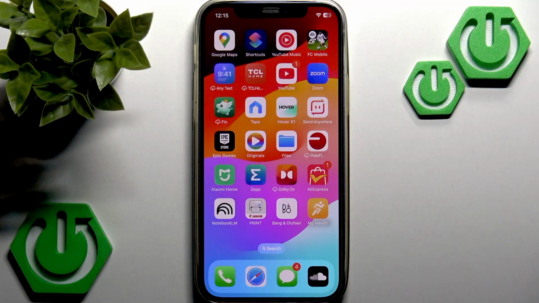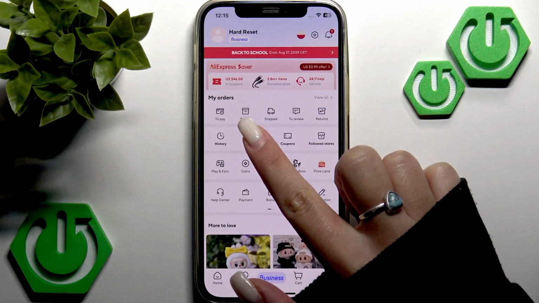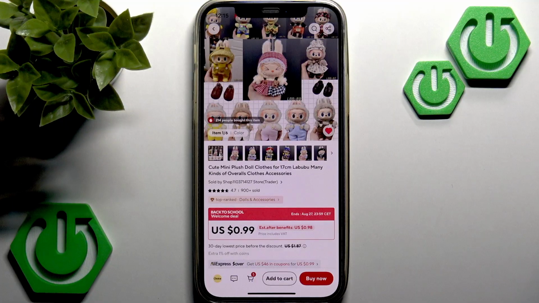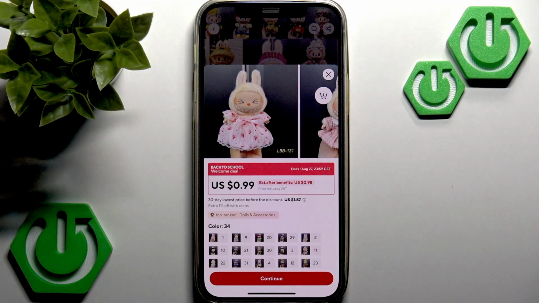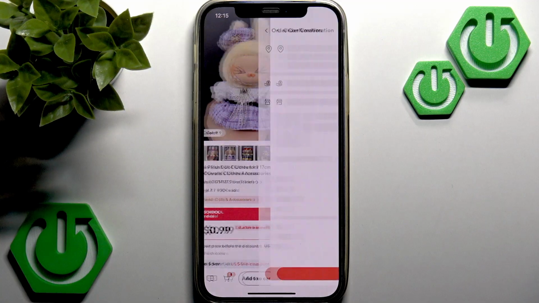So open the AliExpress application on your phone and go to whatever item you want to order. Let me find it in my wish list. Now I need to proceed to my checkout page. So I press the Buy Now button at the bottom, select exactly which item I want to order, tap the Continue button,